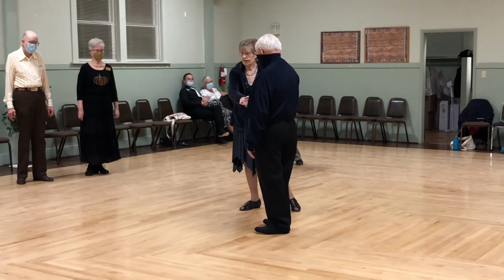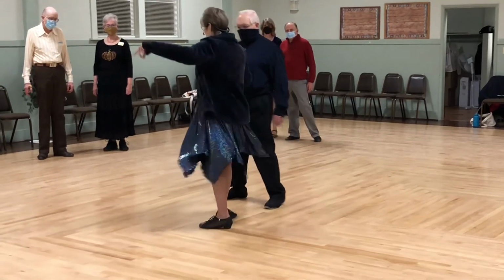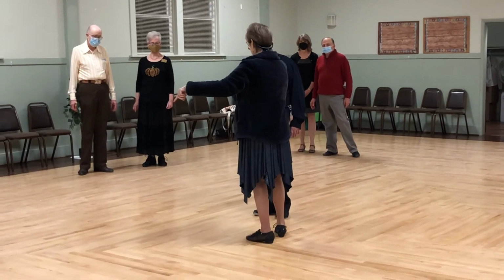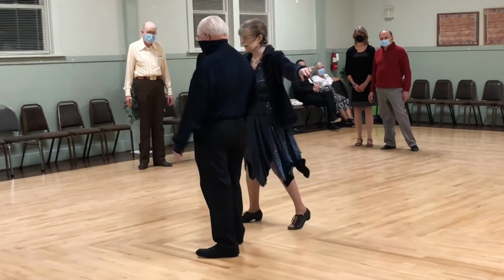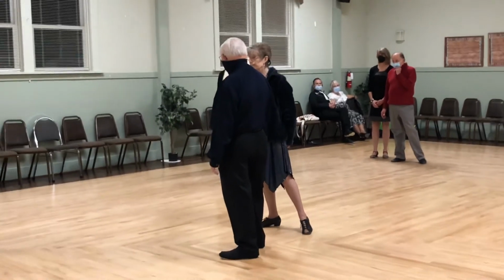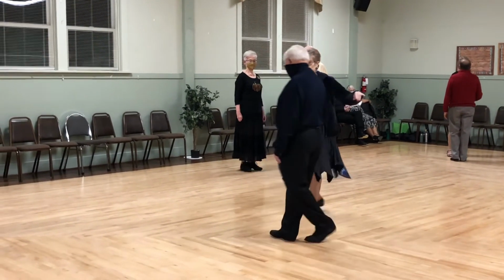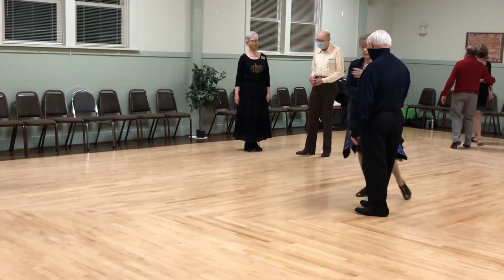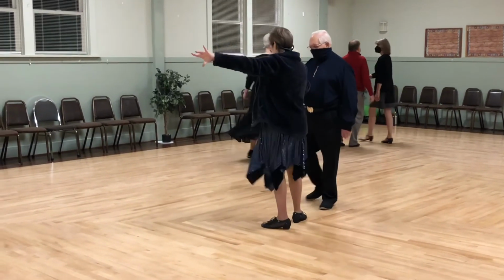So that's the right-footed person's footwork. So as he does that, the ladies, left-footed person, is going to do a 3-step roll down line of dance. So now I'm facing the wall and he's facing line of dance. So now he's going to do the 3-step roll and I do the back, recover, side, turn, and now I'm right back where I started from, facing line of dance. Okay, so you don't turn all the way around. You're in your open hip twist. Now the ladies are going to roll, the men are going to turn to face the line, and then